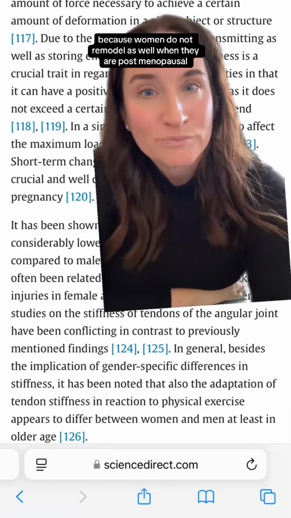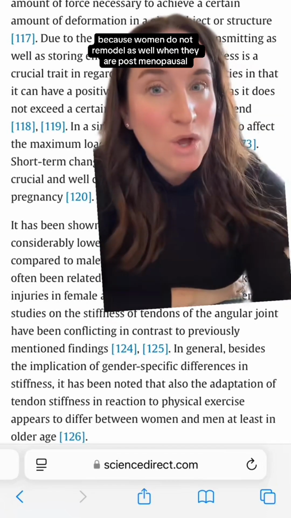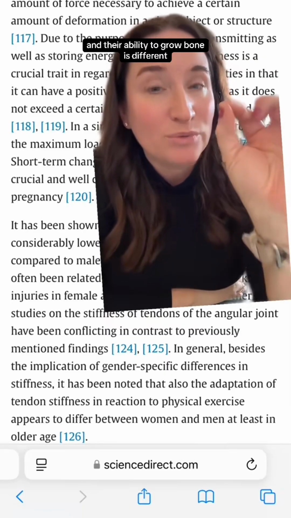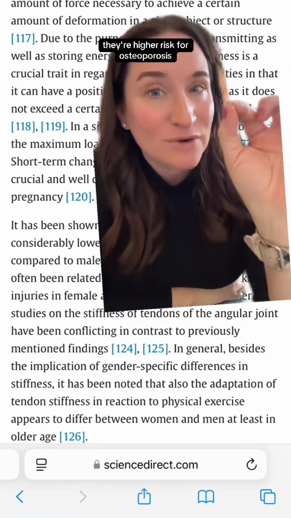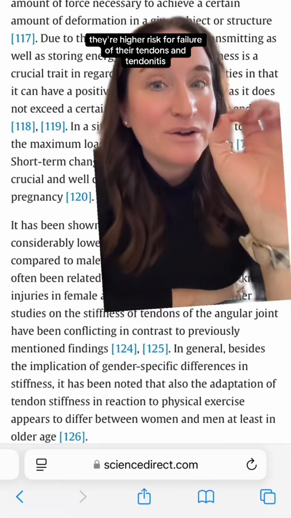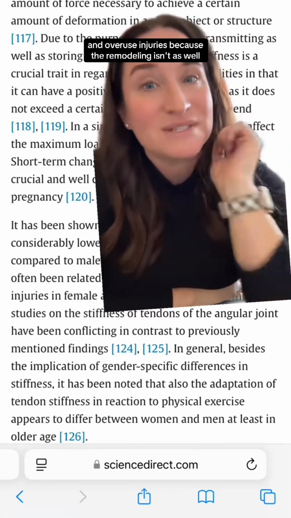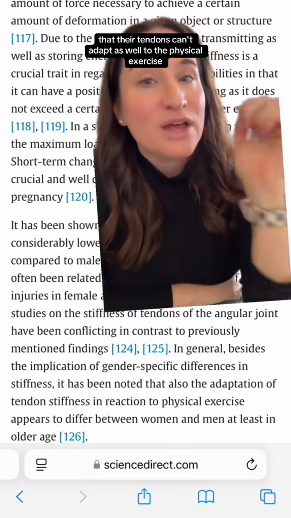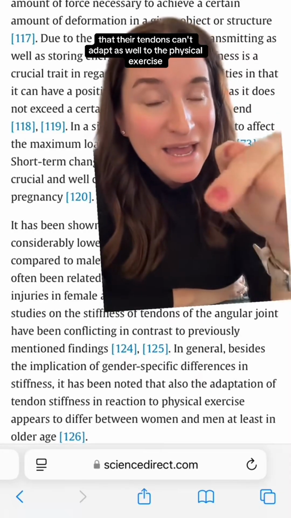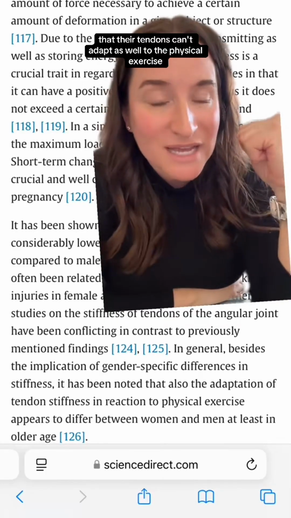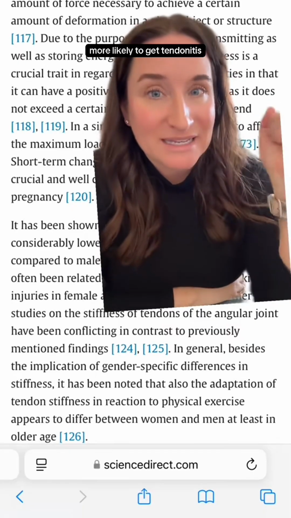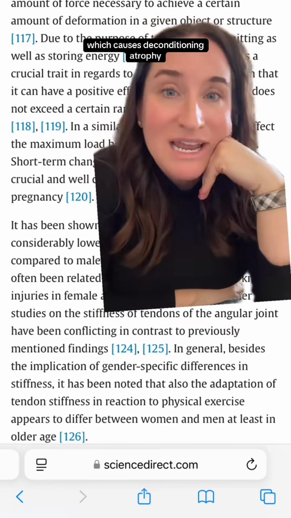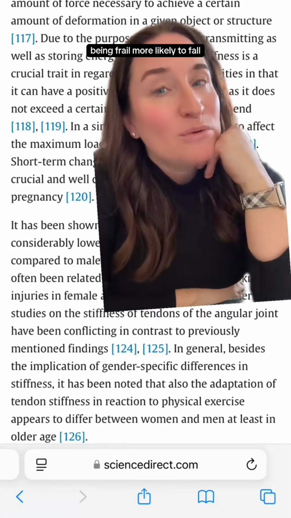Because women do not remodel as well when they are postmenopausal, and their ability to grow bone is different. They're at higher risk for osteoporosis. They're at higher risk for failure of their tendons and tendonitis and overuse injuries because the remodeling isn't as good. So it is not surprising that their tendons can't adapt as well to physical exercise, and they're more likely to get hurt, more likely to get tendonitis, more likely to have pain that impedes them from moving, which causes deconditioning, atrophy, being frail, more likely to fall,